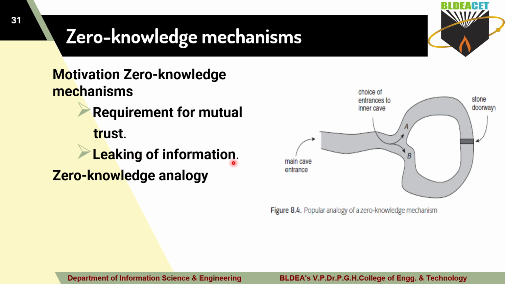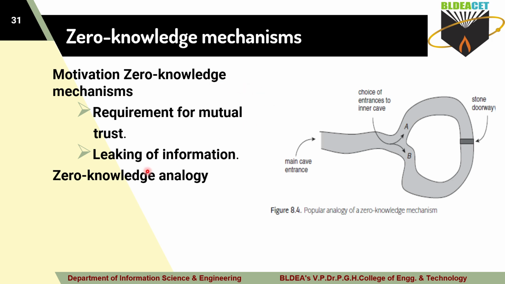It also addresses leaking of information. In the dynamic also, as I told, if I know the pin and the key, usually the pin and key are very important. Those two you have to protect securely. If you do not provide security for the key and the pin, then a third party can access that information. So leaking of information is possible in the dynamic password mechanism. To overcome that, you can go for this zero knowledge mechanism here.